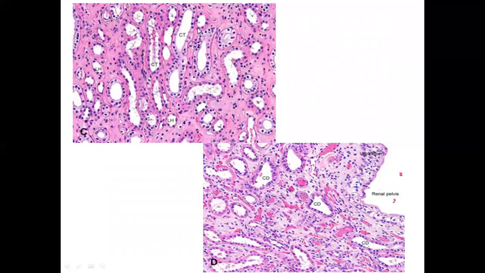This is representing the thick limb of the loop of Henle, and then the last limb, which is the thin limb, is again lined by simple squamous epithelium, where the nucleus is flattened but bulging inside the lumen. This is the thin loop of Henle. तो मेडुला के इस पार्ट के अंदर आपने तीन चीजों को डिफरेंशिएट करना है, कलेक्टिंग ट्यूब्यूल्स को, थिक लिम्स ऑफ loop of Henle, and then thin limbs of loop of Henle lined by simple squamous cells.